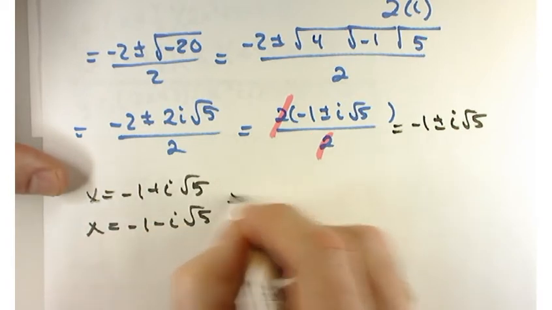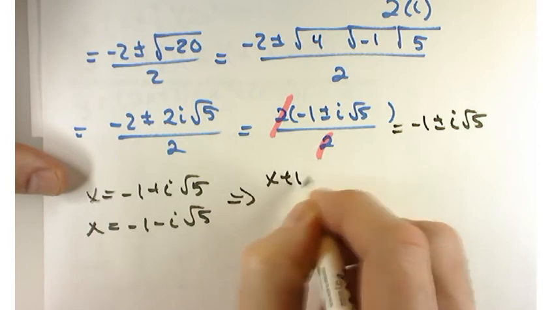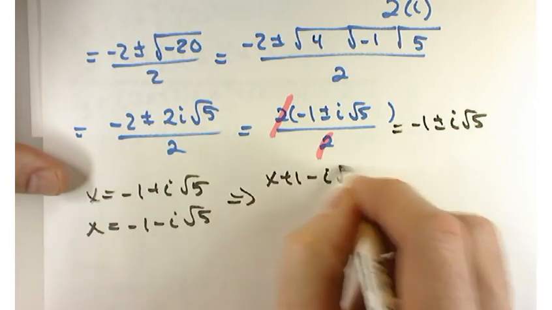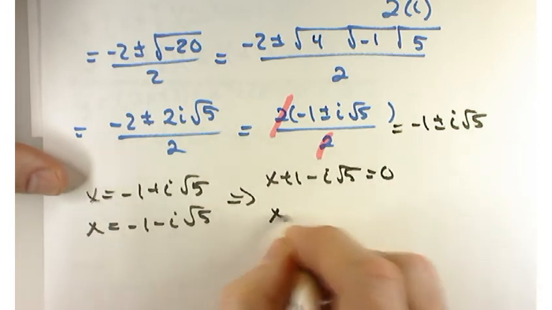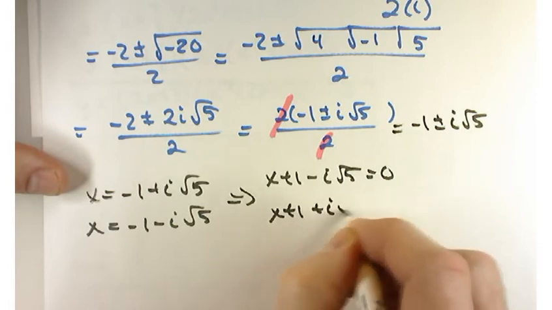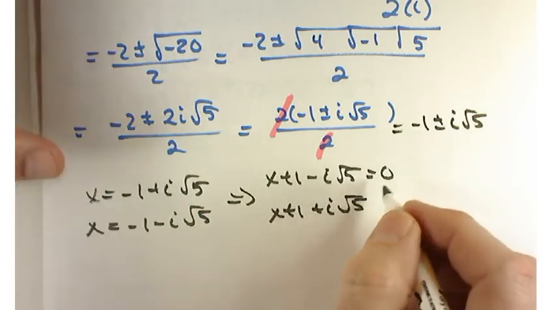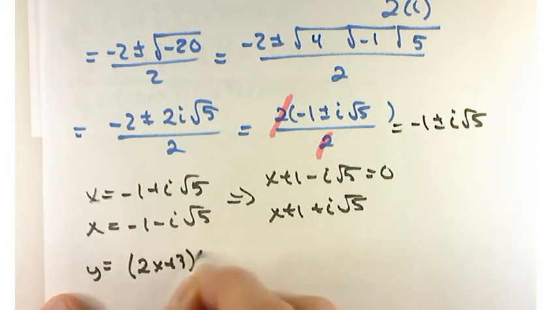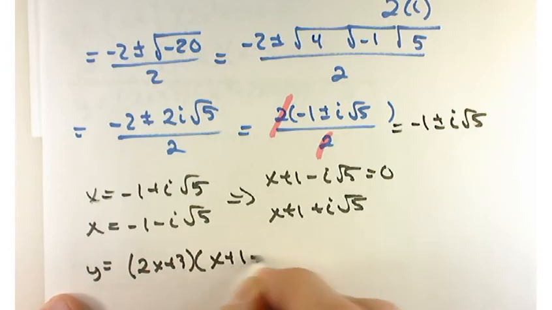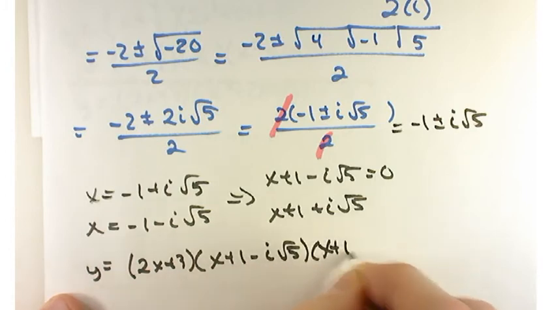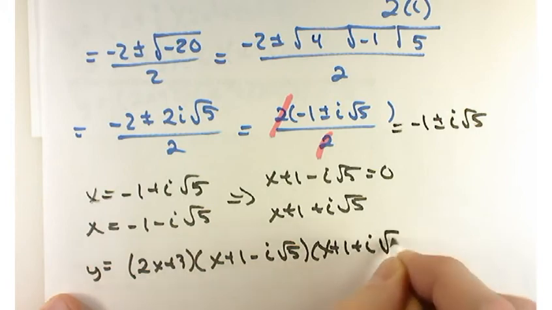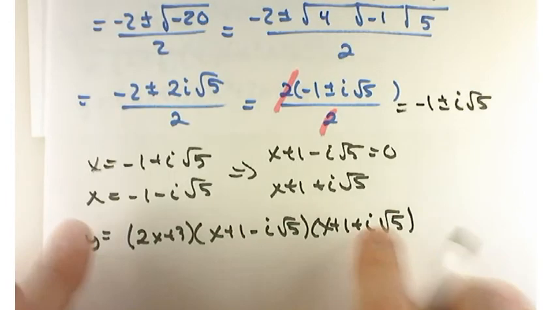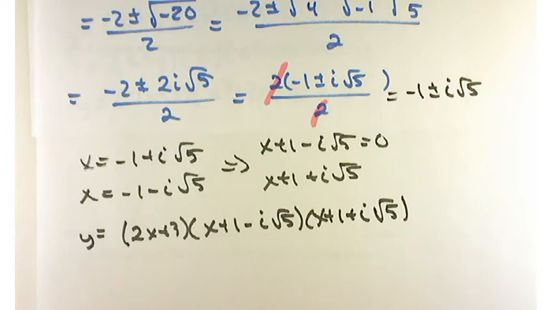If I turn these into factors, it'd be x plus 1 minus i square roots of 5, and x plus 1 plus i times the square root of 5. Overall, my original problem can be written like this: 2x plus 3, x plus 1 minus i times the square root of 5, and x plus 1 plus i times the square root of 5. But there it is, completely factored. Not that the problem asked for it, but